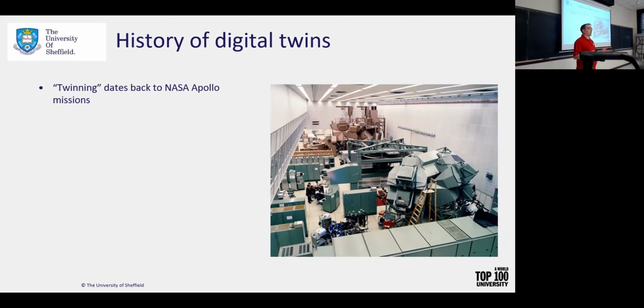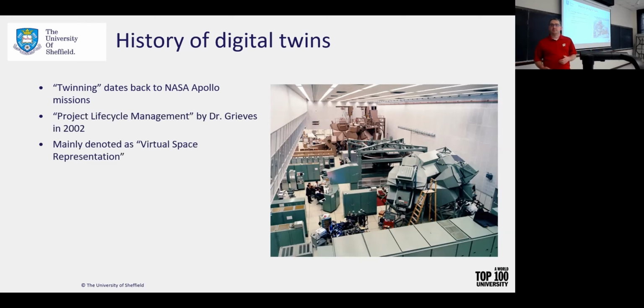So what they did was they built the command module twice, one to send to space, one for training. And then, as you know, the Apollo missions didn't go according to plan. So when things started happening, they came up with the idea that, well, we have this exact command module that they will be using. So let's test that out and see what ways we can manipulate it so that we can get our astronauts home safe. So that's where the idea of twinning kind of came in.